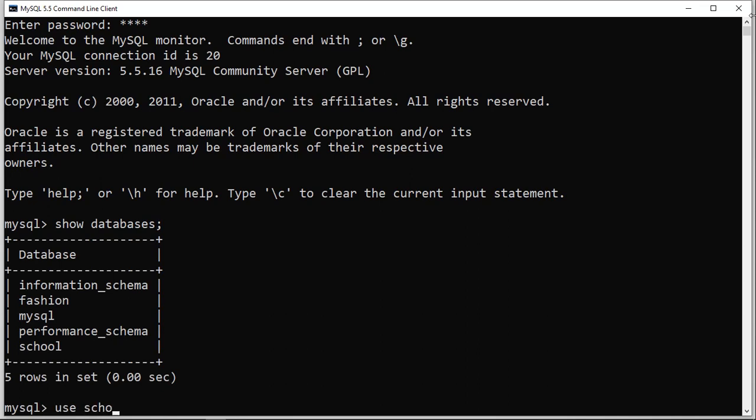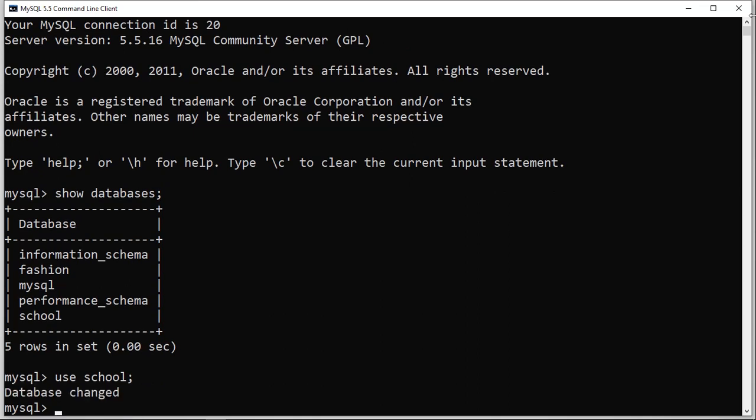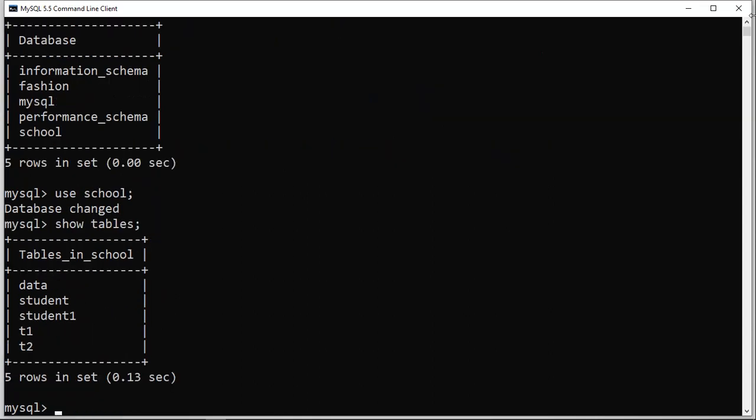So we use school. I press semicolon and then enter. Now the database is changed. Let's see what tables are inside this school database. Go for show tables, and here you have the tables: data, student, student1, t1, and t2. Whatever results we discussed are stored in this data table.